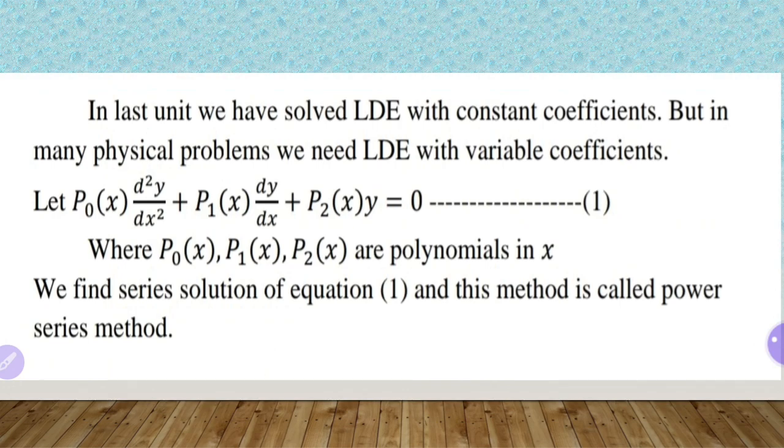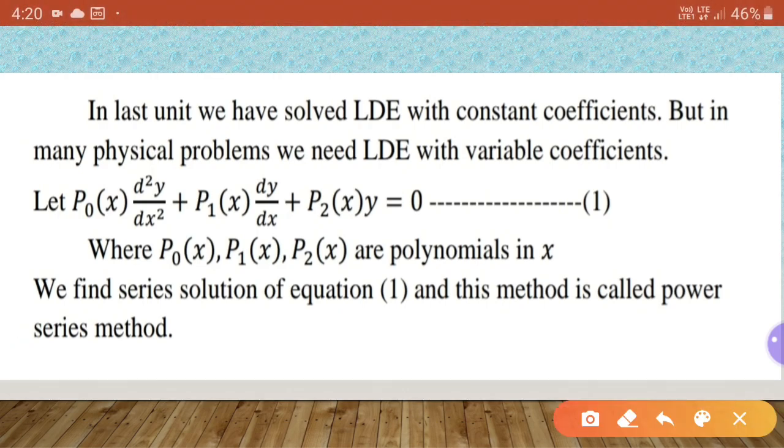But in some differential equations it is very difficult to convert it into any one of linear differential equation with constant coefficient. It is in the form of variable only. So at that time we need to understand how to find out the solution of linear differential equation with variable coefficient, because variable may be anything. It may be in the form of polynomial, it has power of x, which may or may not be the same as the order of the derivative. So we need to understand how to find out its solution.